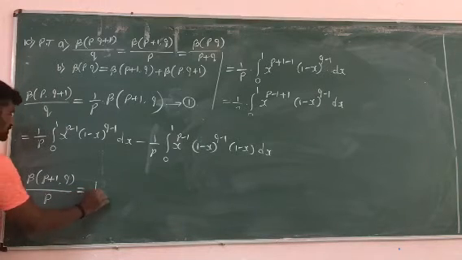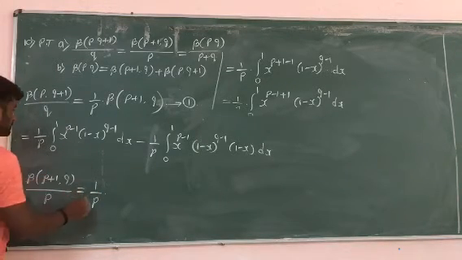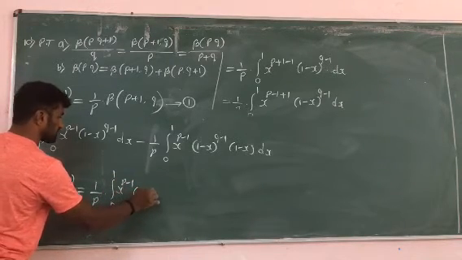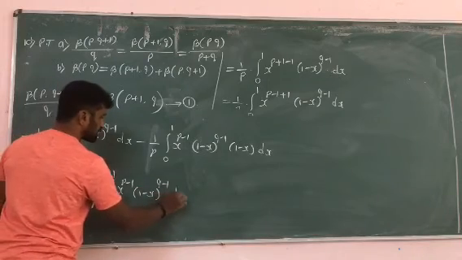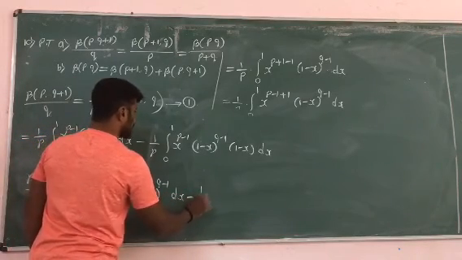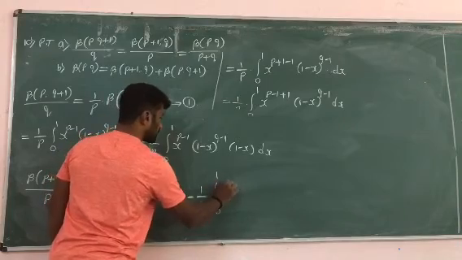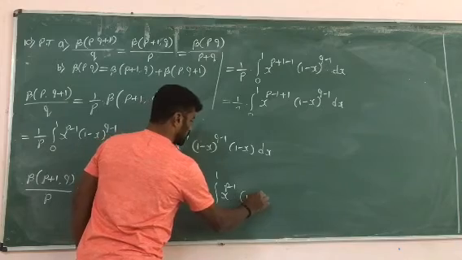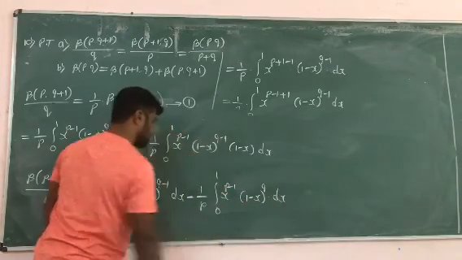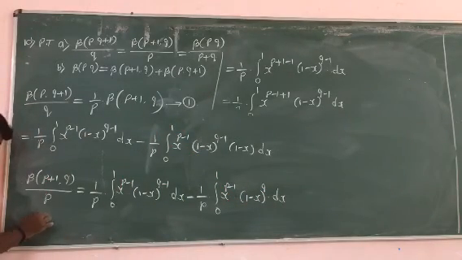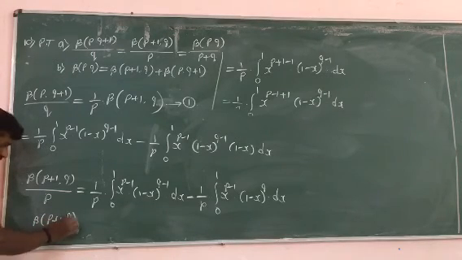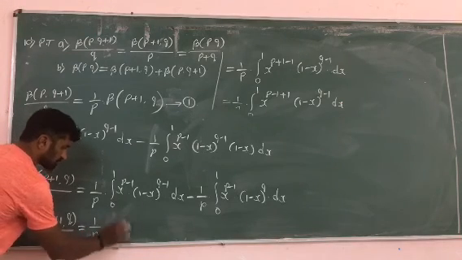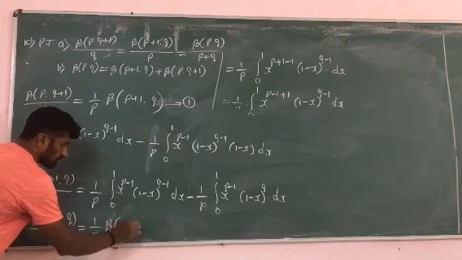So that equal to 1 by p. Apply the definition of beta. So it is integration of 0 to 1 x raised to p minus 1 into 1 minus of x raised to q minus 1 into dx, minus of 1 by p, into 0 to 1 x raised to p minus 1 into, if the bases are same, adding the powers, plus 1 minus 1 get cancelled, 1 minus of x raised to q into dx. Clear? Then use the definition. So beta of p plus 1 comma q divided by p. So that equal to 1 by p integration of 0, beta of p comma q